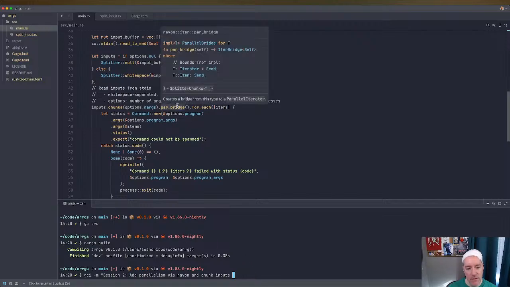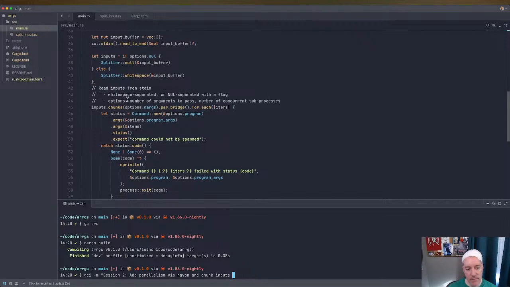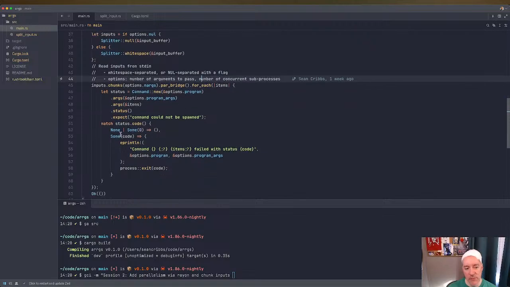The other thing that we could do potentially is, you know, the number of concurrent subprocesses is really actually threads per se, because everything in this for each would need to be completed before the next one. But we'll figure that out in a bit, because I think that the next step should be